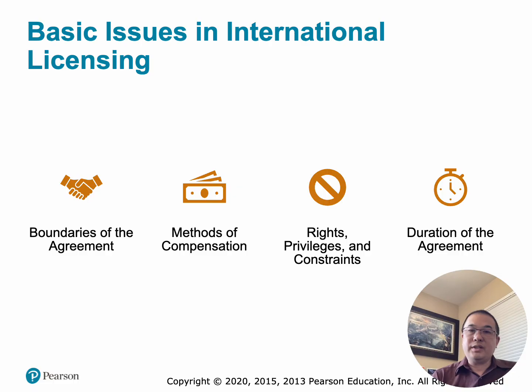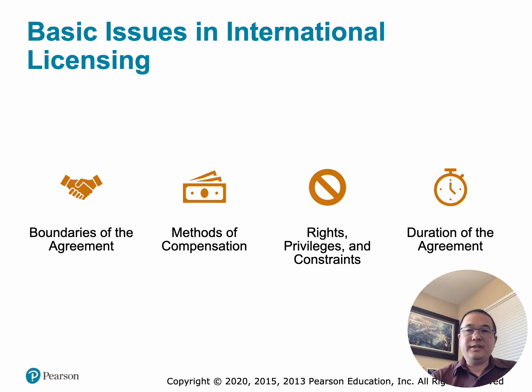Questions to answer. Which countries are covered? Which products are covered? Is the license exclusive or non-exclusive? Can the licensee sub-license the technology? As an example, a software company licenses its technology only for Japan, only for business customers, only for remote access software. The licensee cannot sell the product in China or modify it for unrelated uses. Why does this matter? Without clear boundaries, disputes can arise over who has rights to sell, manufacture, or market the product.